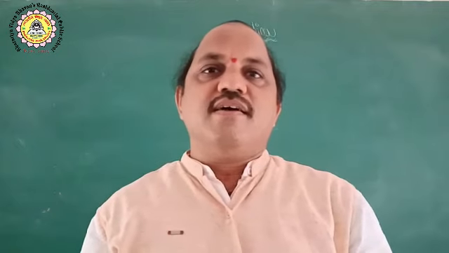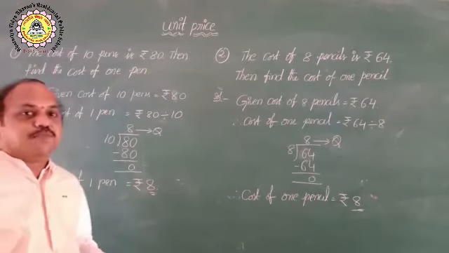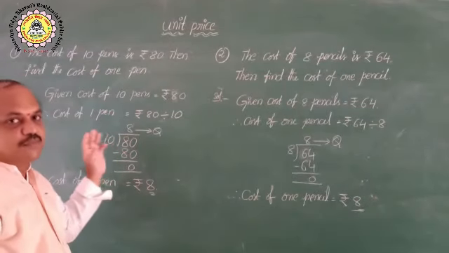Now let us know what is unit price. A unit price is the price of 1 unit or 1 item or measurement such as 1 kilogram, 1 meter, etc. Understand? So simply, how can we define unit price? A unit price is the price of 1 item or 1 unit or measurement such as 1 kilogram. Students, now let me explain finding the unit price through some examples.